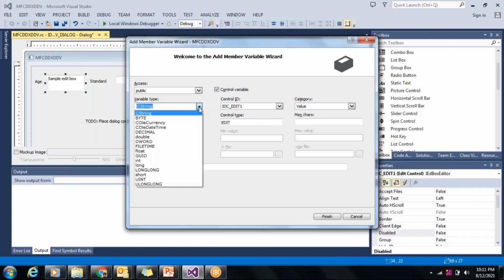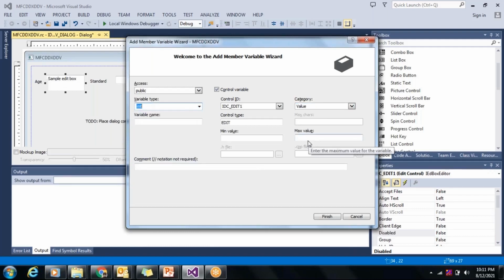Okay, so since it is an age field, I would like to use it as an integer value. When it is integer, you will be able to select the minimum value and the maximum value. So let us give the variable name as m underscore n age. All the member variables should start with m underscore, and the first letter will indicate the data type.